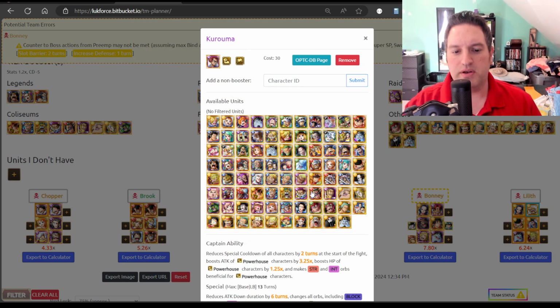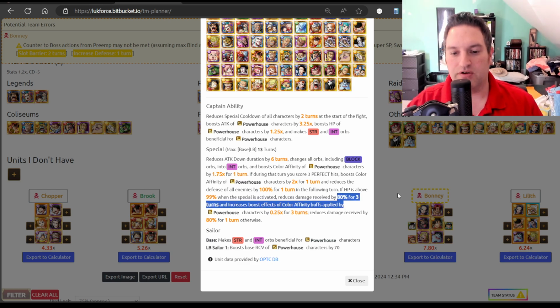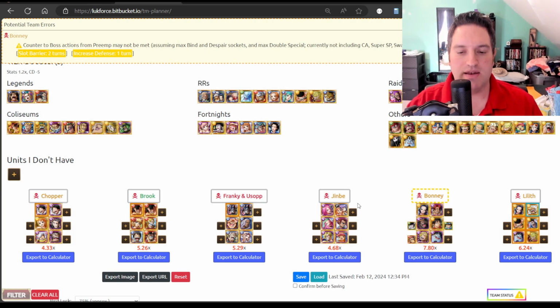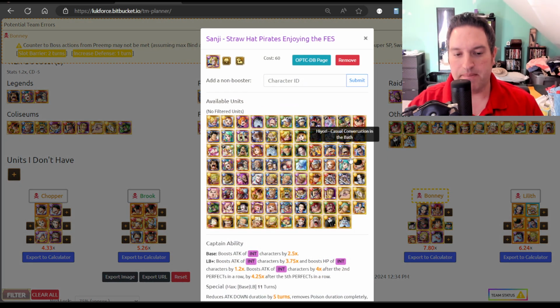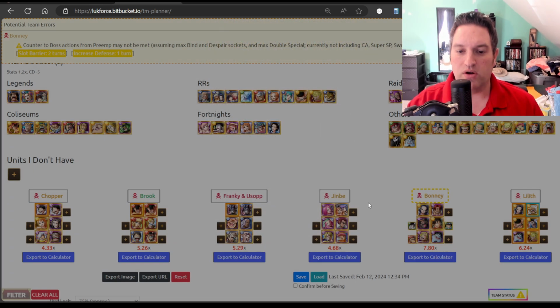We're using this Kuruma unit to help with the death hit that's there. The special is pretty much useless because we don't have a lot of powerhouse characters on our team. But getting the 80% damage reduction for 3 turns will just help us survive that 100k death hit that we get from Jinbei. So we do have the Sanji over here, and his real purpose is, one, when specials get around by 1 turn,